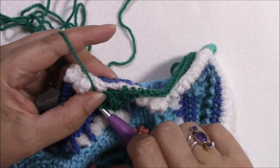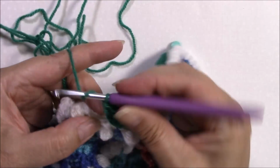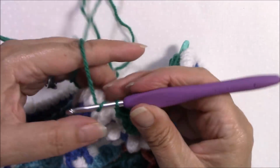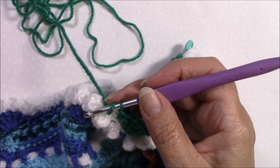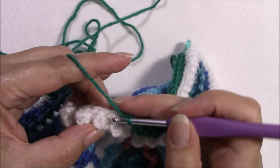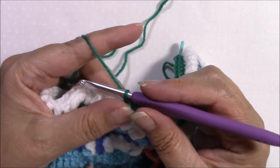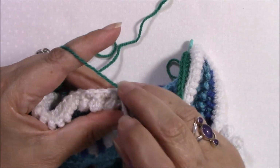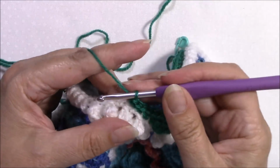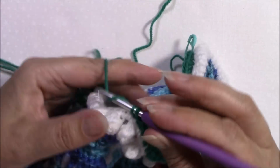Okay, so then we are going to double crochet into the next stitch, so that's this one that's made into that chain 1 space. We're literally reversing what we've already done now: a double, a half double and a single, and then we're going to do 2 singles in the next 2 stitches, so 1 and 2, 1 and 2,